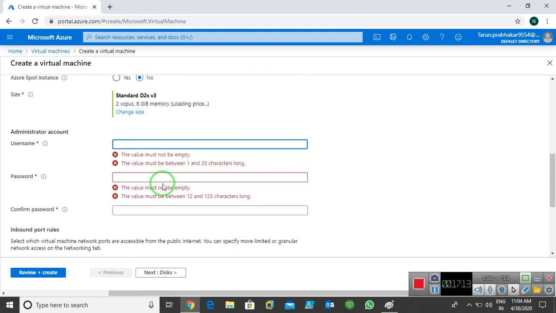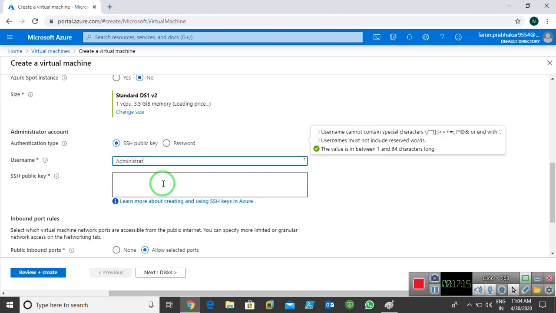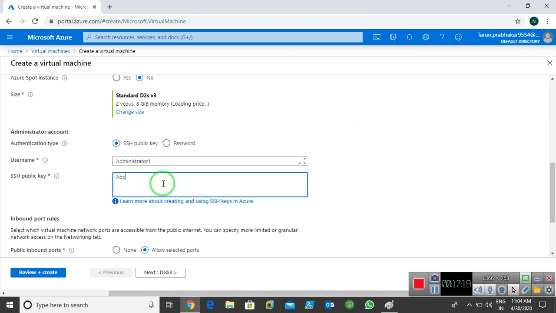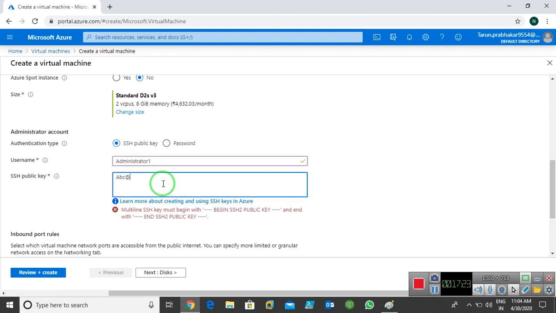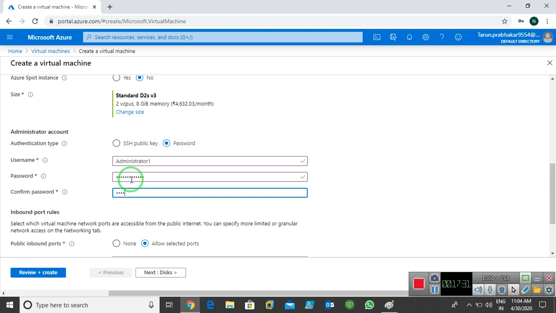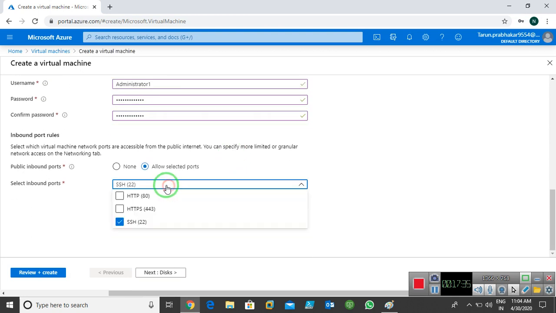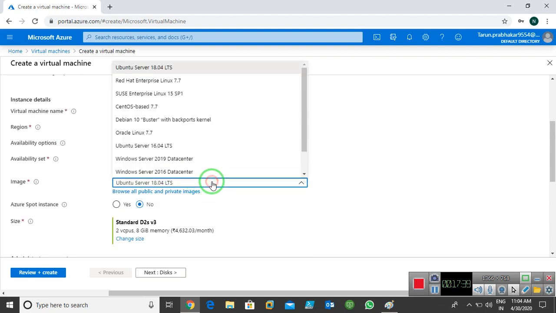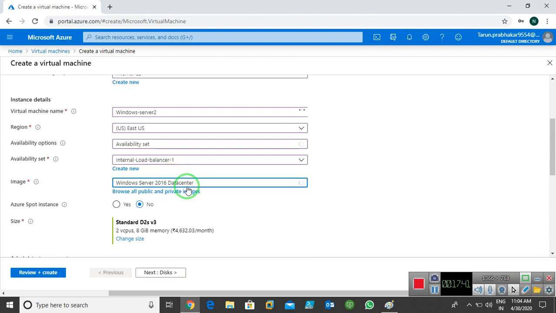Now I need to give the username and password. Sorry, I need to give the password. Okay, the image is 2016, now it's selected.